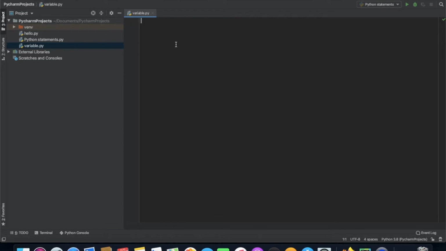A variable is a named location used to store data in memory. It is helpful to think of a variable as a container that holds data that can be changed later in the program. For example, I'm going to create number equal to 10. You can think of a variable as a bag to store books in, and that book can be replaced at any time. Right now I have created number equal to 10, so I have assigned the value 10 to the variable number. Now I'm going to change this number to 1.1. So now I have assigned the value 1.1 to the number variable. The value of number was 10, and later it was changed to 1.1.